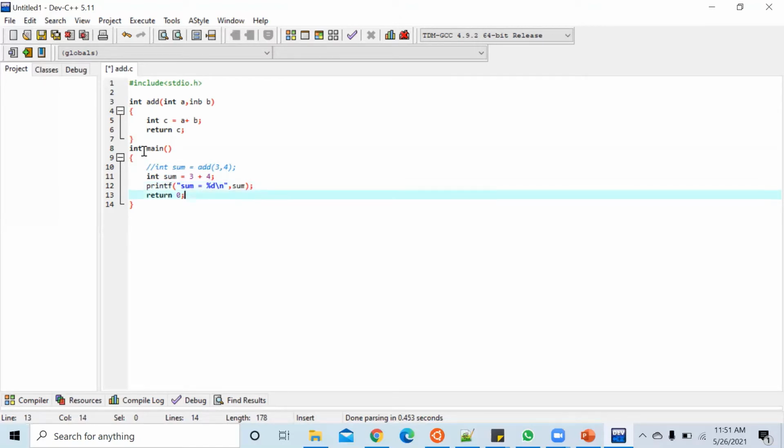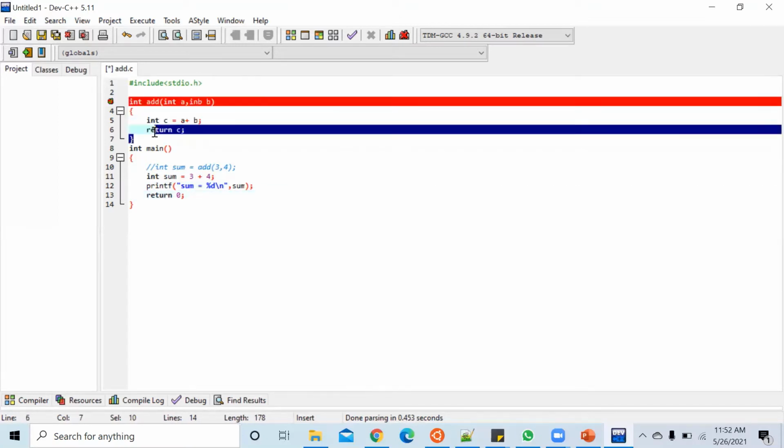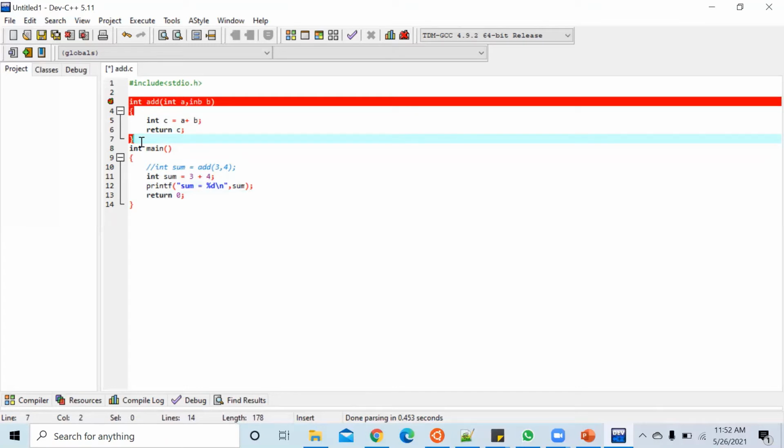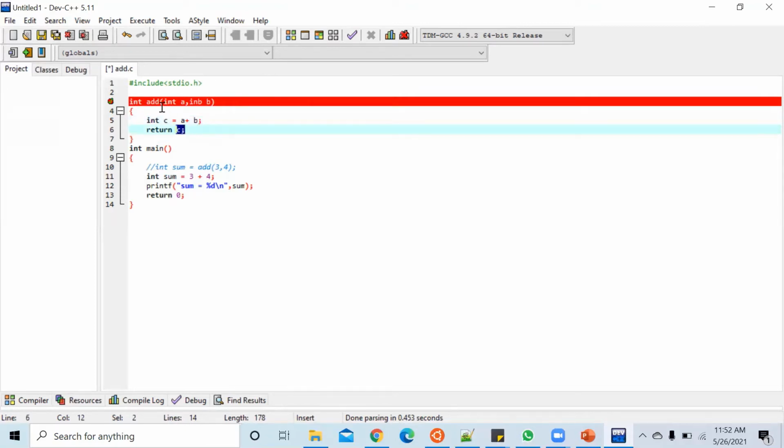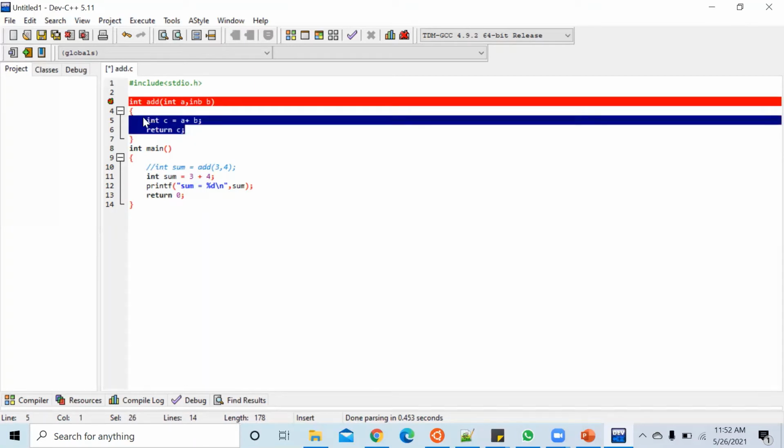So if we write the big code as modularized small codes and functions, it will be easily understood by the other person who is joining. That's why they maintain modularity. When it comes to functions, a function is nothing but a set of instructions under a name. This is a name, add. These are the set of instructions under this name.